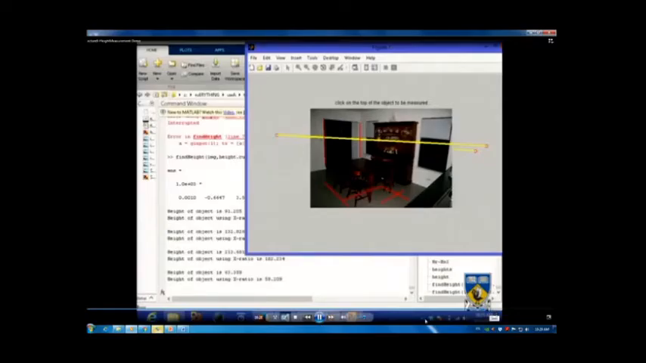First of all, you need to do edge detection. Edge detection. If you want to find